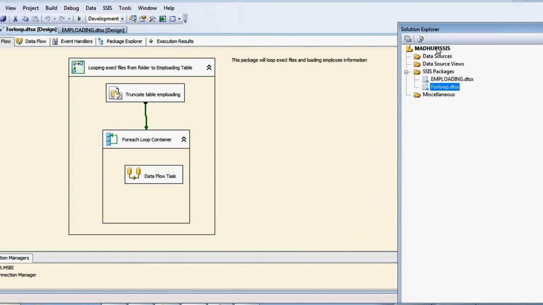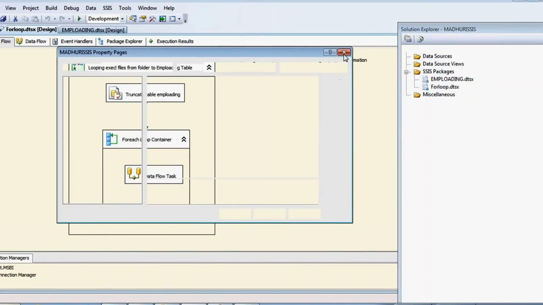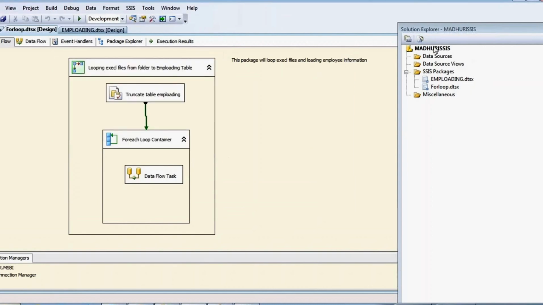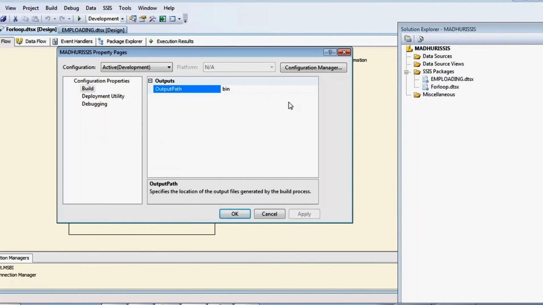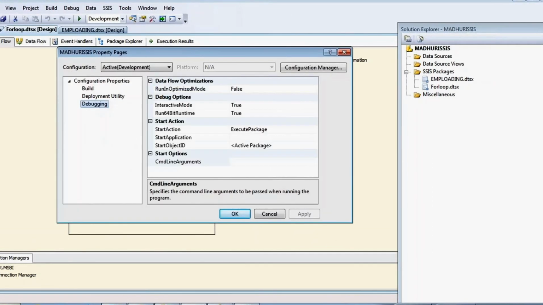You just come to Solution Explorer, right click, properties, come to debugging. You have to run this SSIS package in 32-bit. By default, Run64BitRuntime is true. True means this package is going to execute in 64-bit runtime.